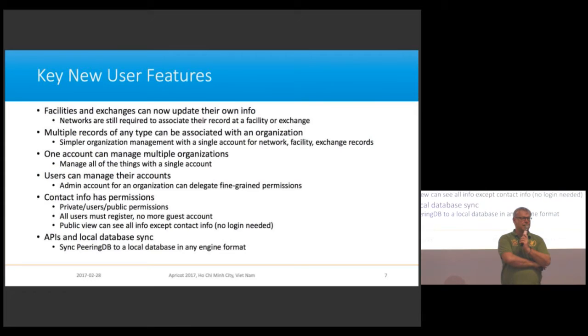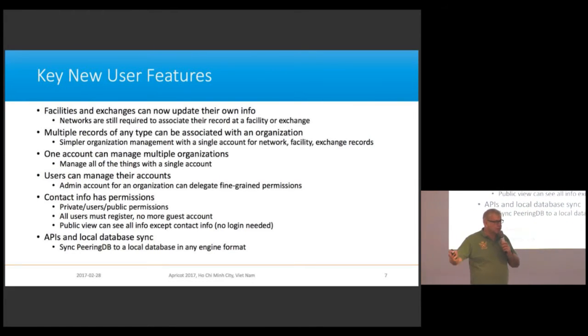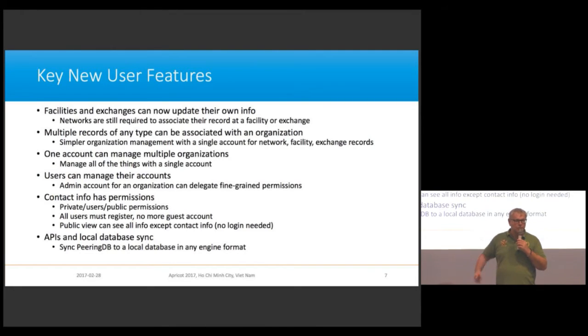What we've also seen with PeeringDB 1.0 is that data privacy was not very good. This led to, I would not say a lot, but every now and then, salespersons crawling through the databases and spamming users. Now we have good permissions on that. You may say that data is just private. Private means only you, the user, is able to see it. Users means users who have an account, and then public permissions.